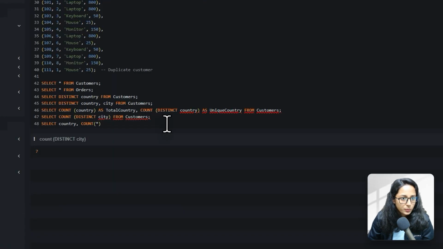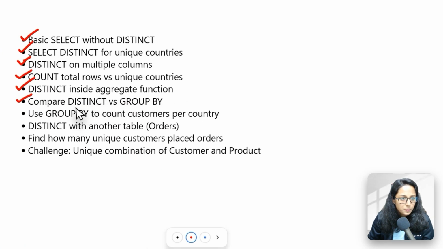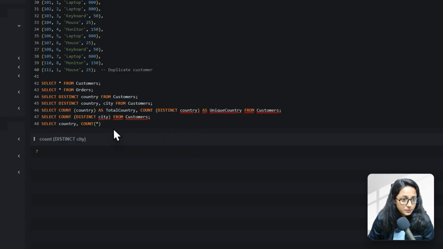Let's see what we need there. Use group by to count customers per country. So we did country, and we will use as number of customers